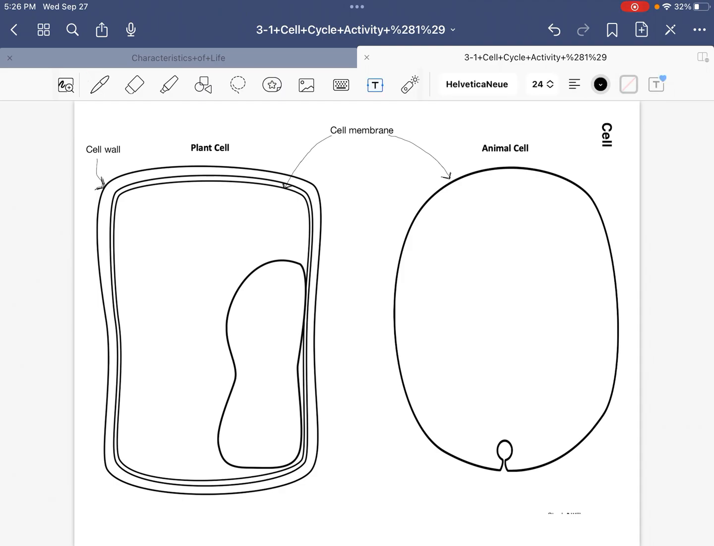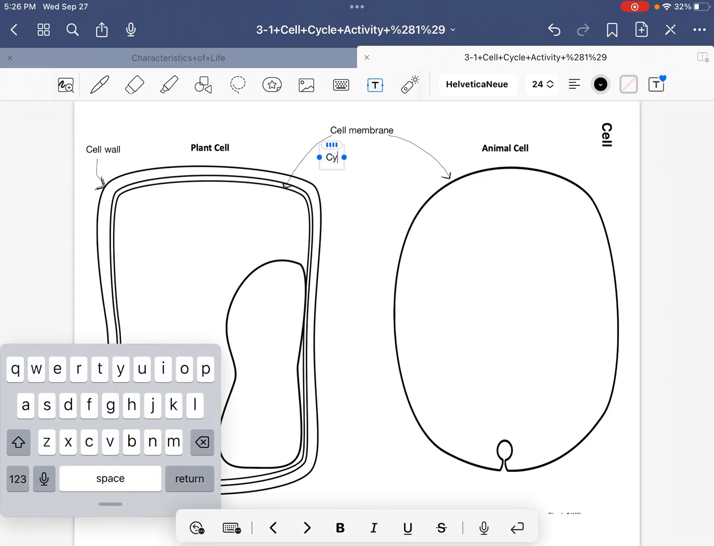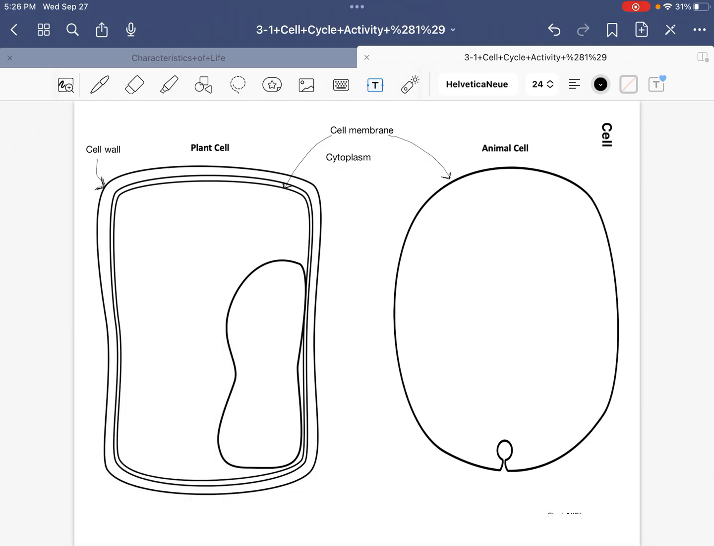All right, so the next thing that I want you to consider is the cytoplasm. So let's look at cytoplasm. Remember that cytoplasm, cyto means cell and plasm means gel. So this is the cell gel. And we're going to use our highlighter tool. I'm going to choose green since it's a plant cell to draw that cytoplasm